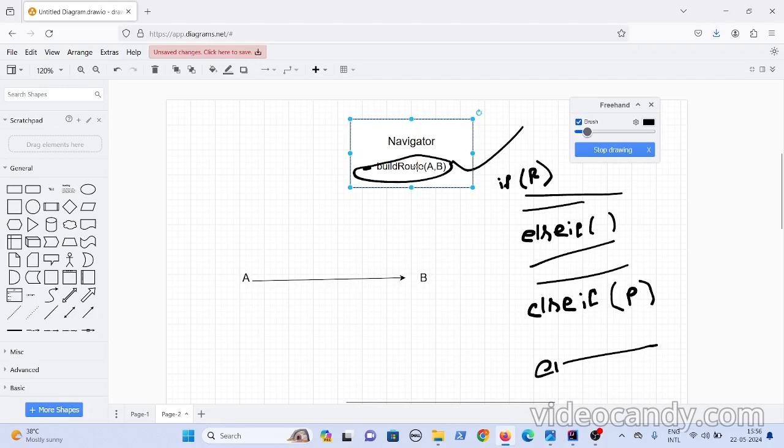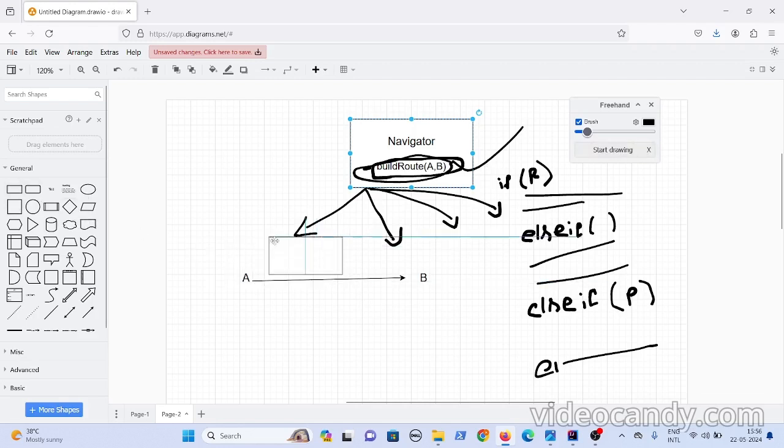That's why, instead of coming to this class again and again and modifying it, I'll make this a super class, be it an interface or an abstract class. I'll not implement anything here. I'll just make this method abstract. Then I'll have my child classes. The first one I have done is for road transportation, so I can call it Road Transport. Since this method is abstract, I can add the logic for build route.